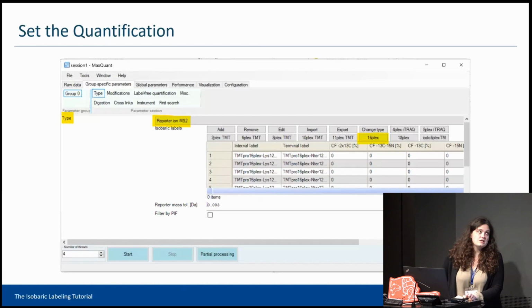So what we have to do is go to the group-specific parameters. Here in this case, we have only one group because it's only this quantification, TMT MS2, and we say that it's MS2. So we go to reported ions MS2. If it was MS3, it would be reported ions MS3, of course. And then we say the plex, which in this case is 16-plex. As you can see, when you press the plexes,